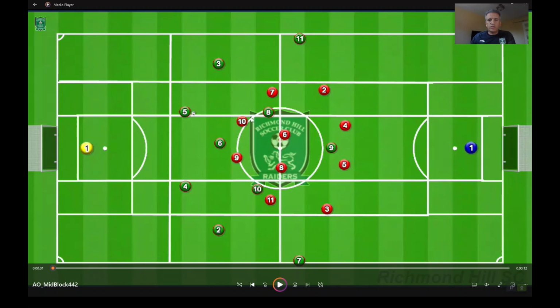How? As the ball travels, number 8 and number 10 should drop almost in this area, and number 7 comes all the way here to stay in this gap to receive, and number 11 almost comes over here, and number 2 and number 3 move all the way to the sides. Again, number 8, number 10, number 2, number 3, number 11, and number 7. This kind of coordinated movement tries to break down the opponent and distract the opponent.